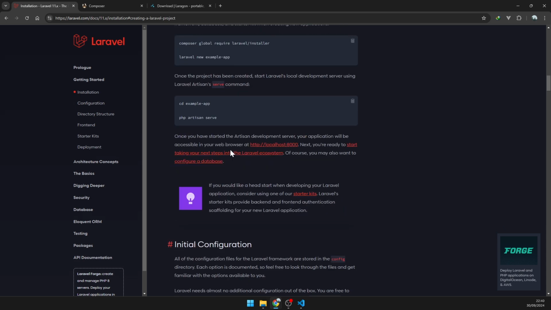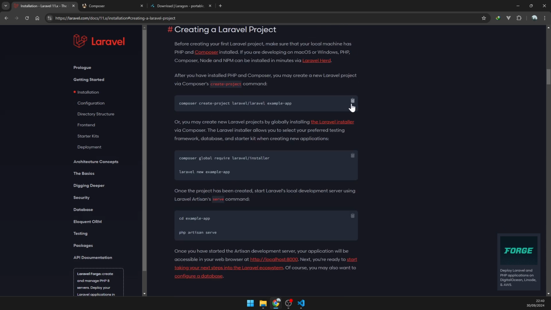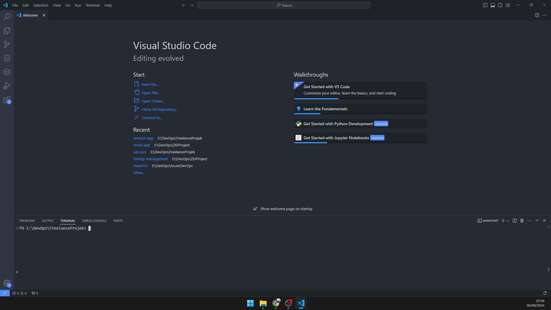Now let's install Laravel with the command composer create-project laravel/example-app. Copy this and paste it. Change the project name to lms-app. Now Composer downloads Laravel to your local machine. Wait for the process.